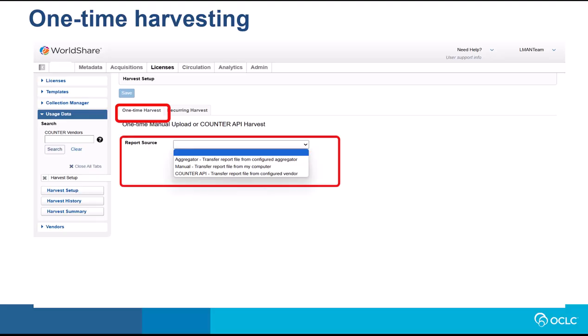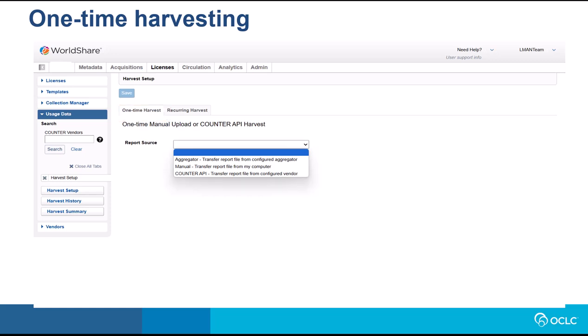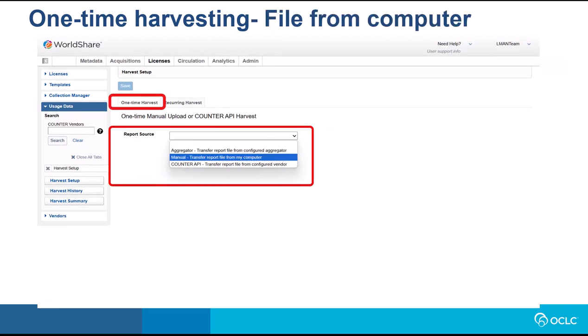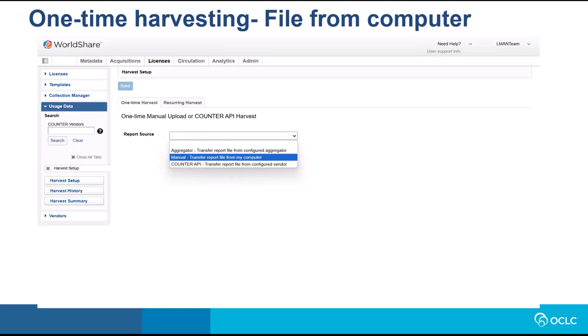If you are transferring files from a configured JUSP aggregator, or transferring a file that you have downloaded manually from a vendor's website and saved in your computer, or if you are transferring a file directly from the configured vendor. If transferring file from your computer, then under One-Time Harvest tab, select Report Sources Manual, then search for the vendor